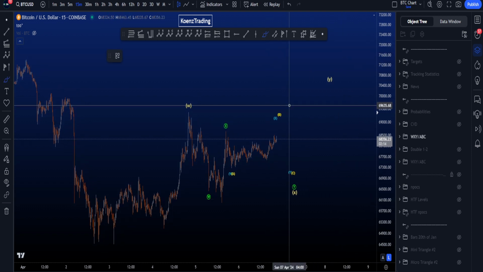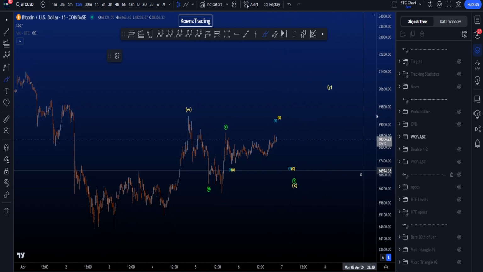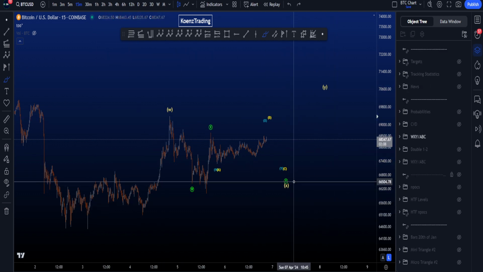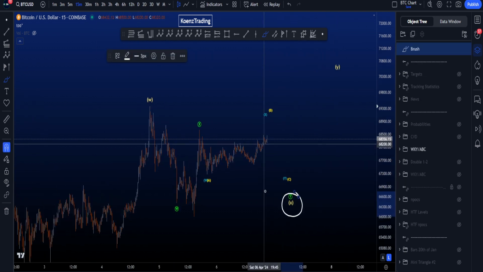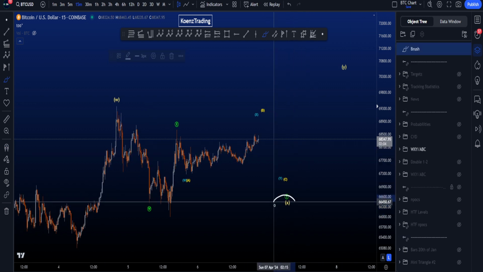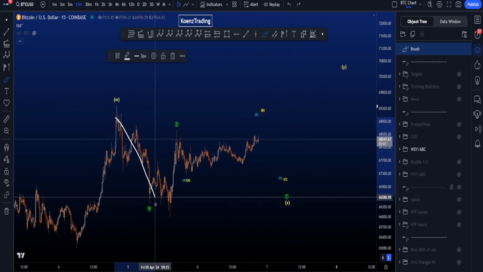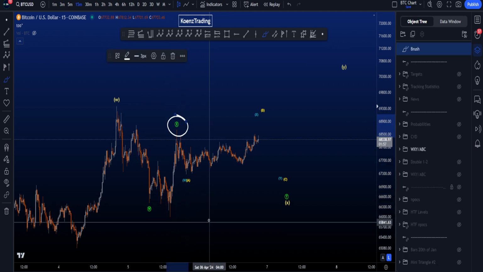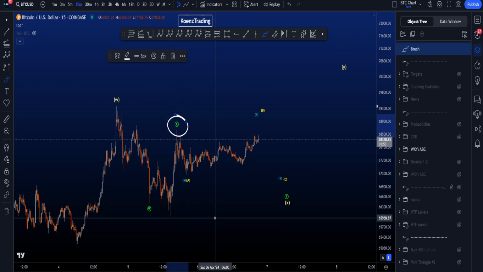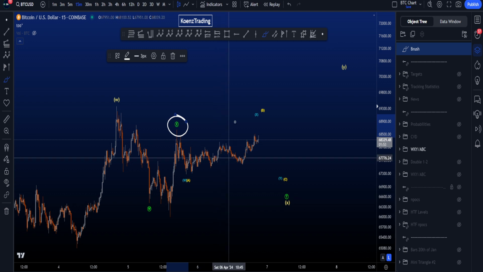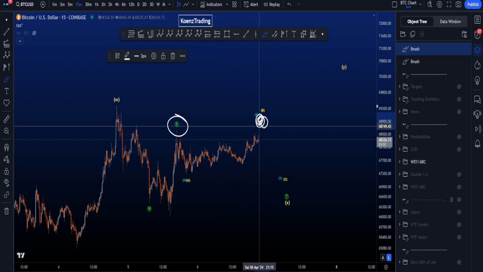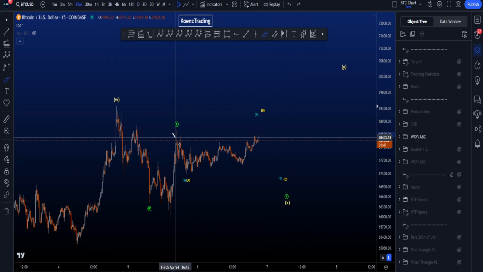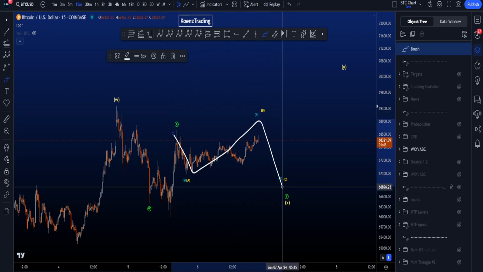And then the number 2 on the list for me at the moment is this particular scenario where we have our second WXY, but the wave X is counted a little bit different. Inside this wave X now, we again have our wave W ending over here, but now we have wave X already finished. And that is the difference compared with the first scenario I've shown, where we are potentially still working on the wave X or the wave B higher. So here we have a finished wave X, and we are then looking for an internal WXY